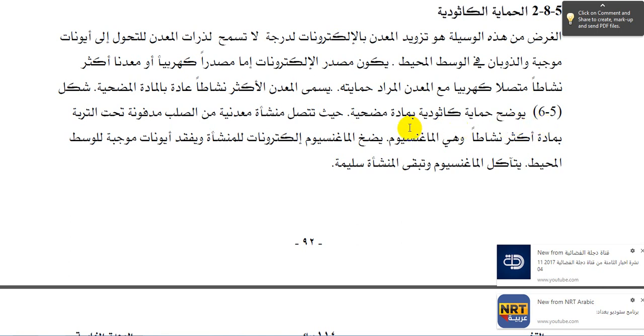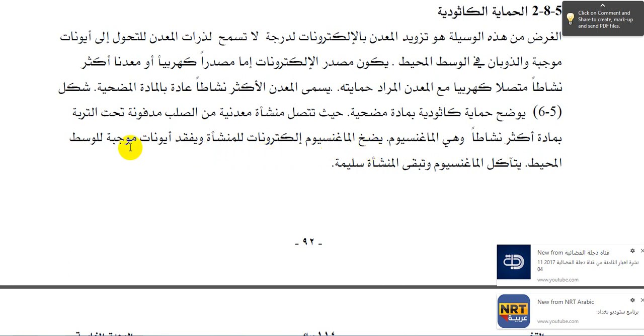It illustrates a cathodic protection with a sacrificial anode, where a metallic facility of steel, or a metallic facility of iron, is connected with a more active metal, which is magnesium. The magnesium will thrust electrons to the facility